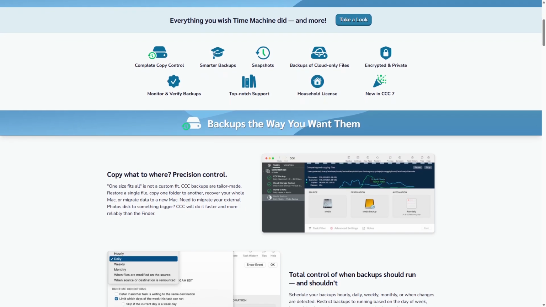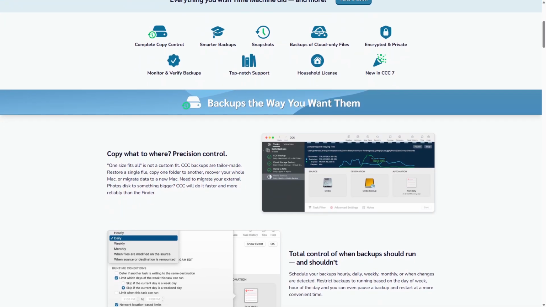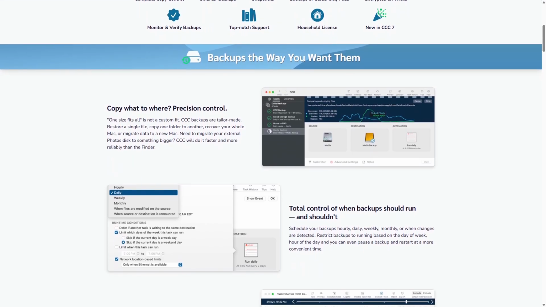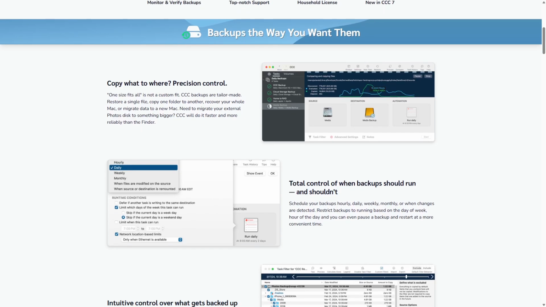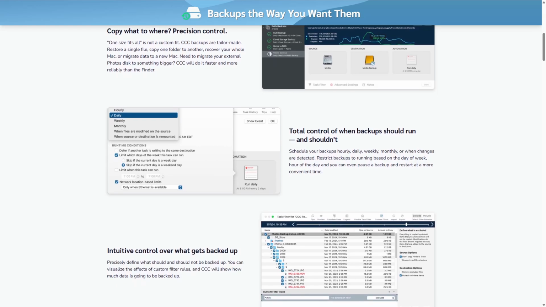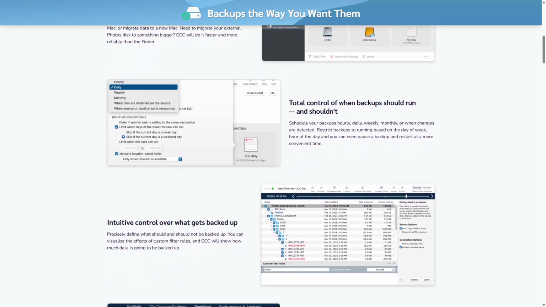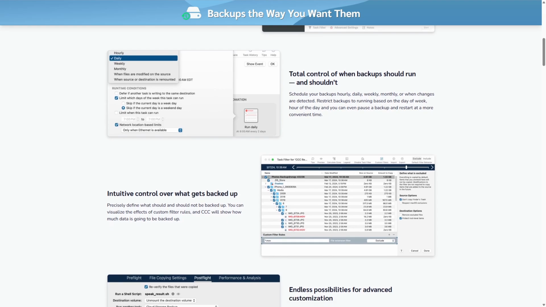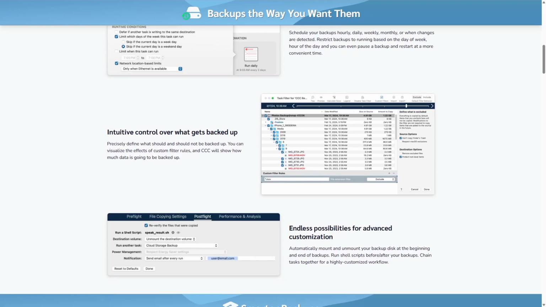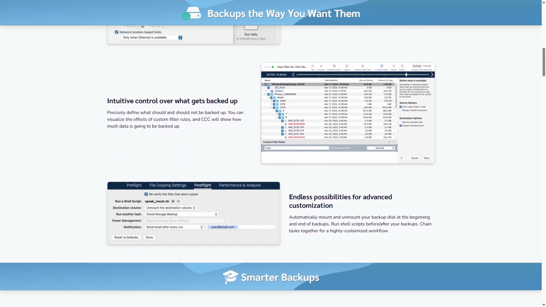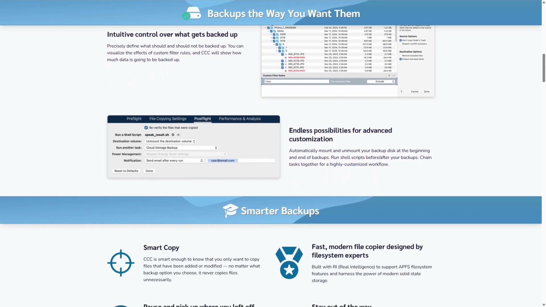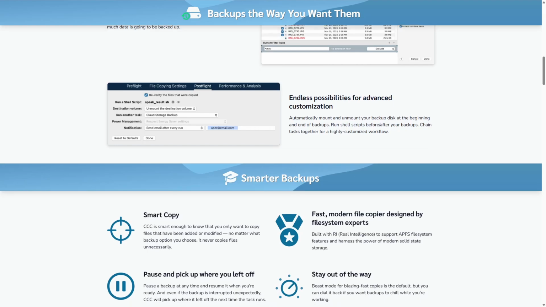It also supports smart updates that copy only changed files, saving time and storage. However, Carbon Copy Cloner requires a bit of technical knowledge to set up properly and is a paid tool, which might not appeal to casual users. It's ideal for professionals or users who want full control over backup processes, prefer bootable backups, or need to manage multiple backup tasks efficiently. For those who want reliability and flexibility with deep backup options, Carbon Copy Cloner stands out